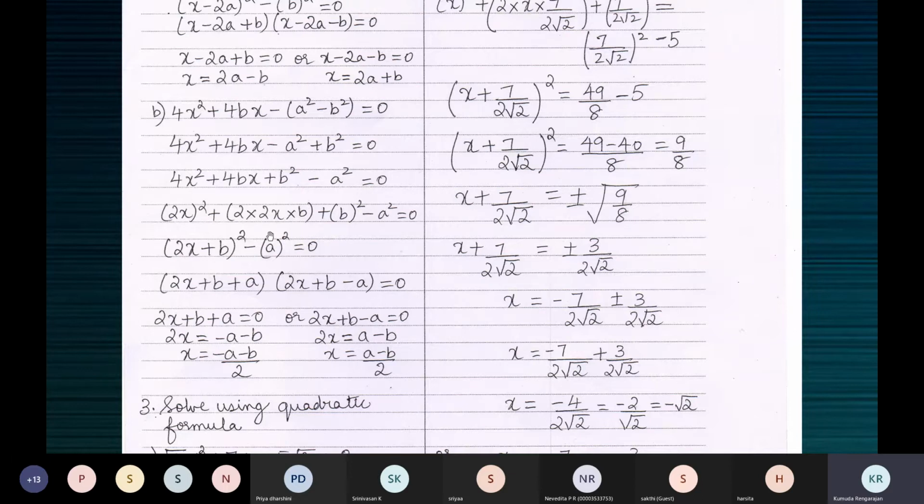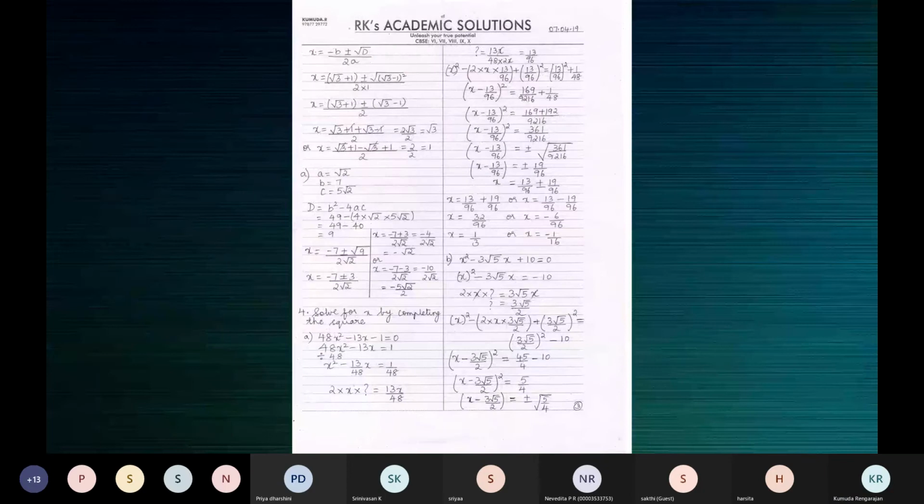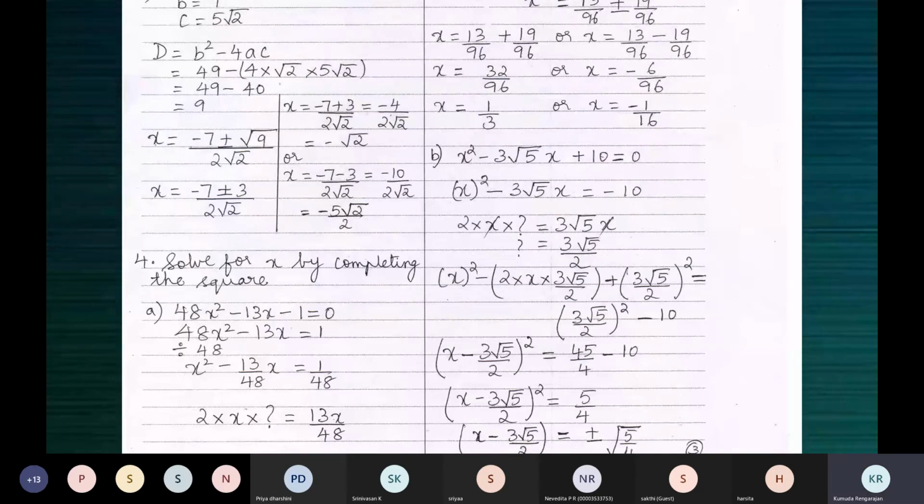Now here, the thing is, we have an x square term, we have an x term, but we don't have a suitable constant so that the 3 will make a perfect square. We don't have that. We have an x square term, we have an x term. So this is our p square and this is our 2pq, but we don't have that q square term which can complete the square.